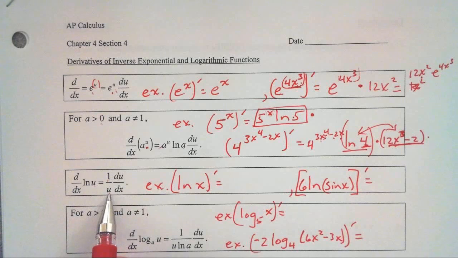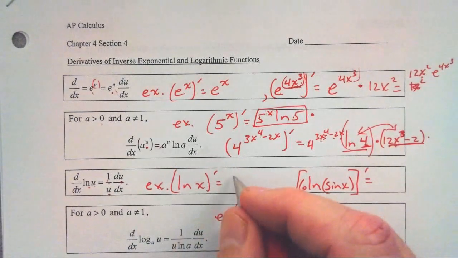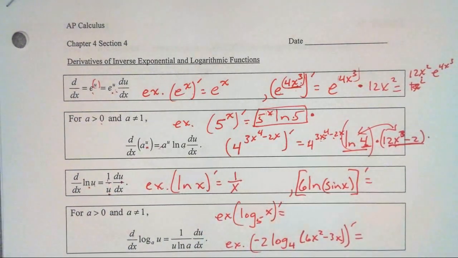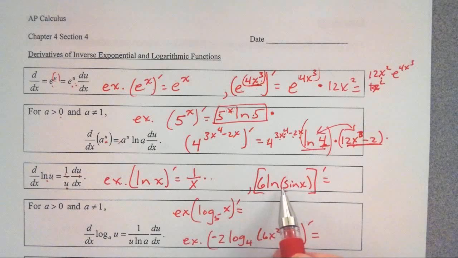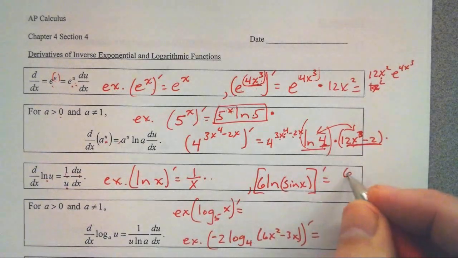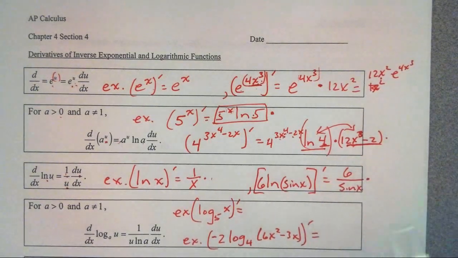Derivative of ln u is just 1 on u times the inside derivative. That's our chain rule in action again right there. So derivative of ln x is just 1 on x, and I've given you that derivative prior to this, times the derivative of x, but the derivative of x is 1. So derivative of 6 times ln sine x is 6 on sine of x times the derivative